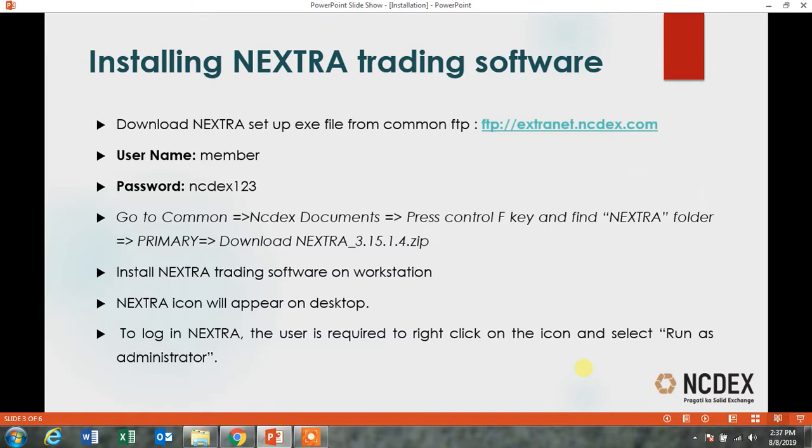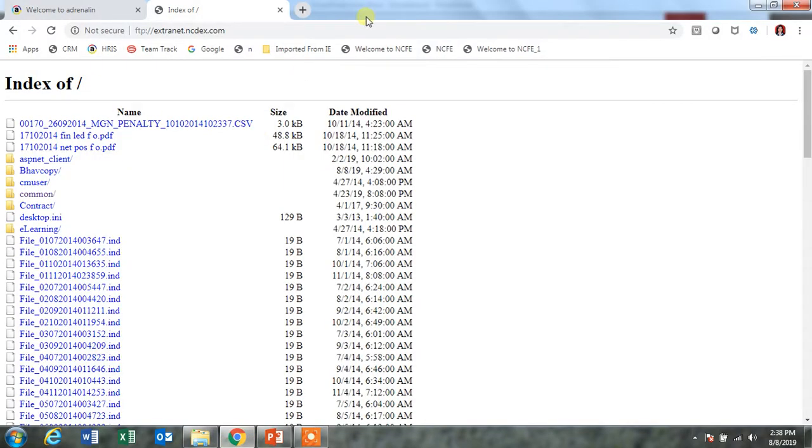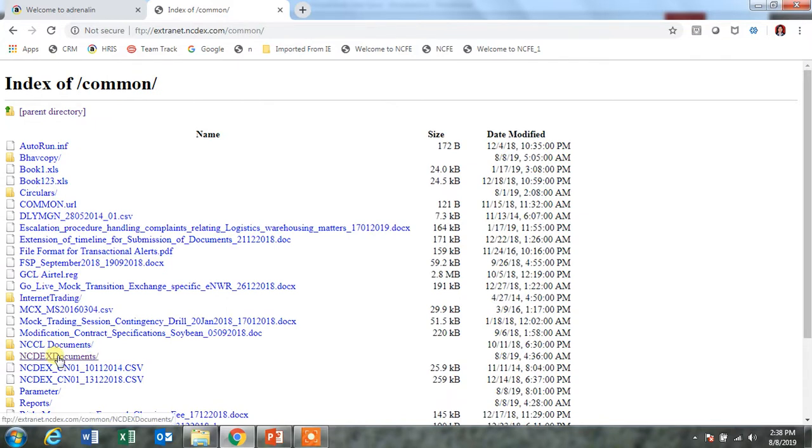You can download NEXTRA Setup EXE from common FTP. Go to URL ftp:/extranet.ncdex.com. Enter the username as member and password as ncdex123. After logging in, go to common folder, go to NCDEX documents folder,